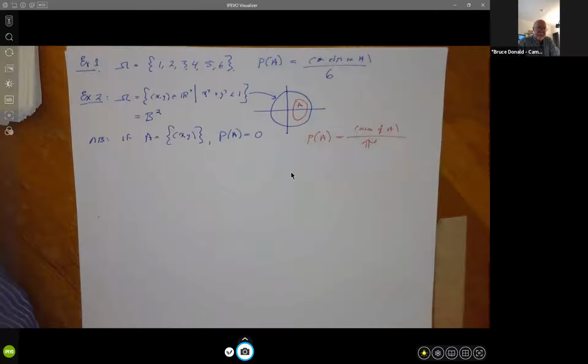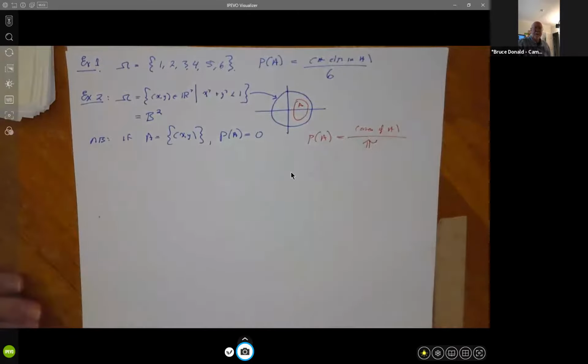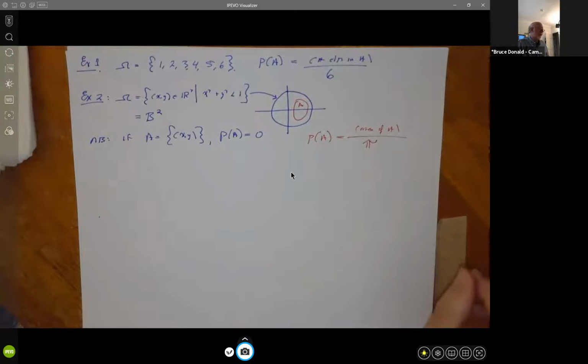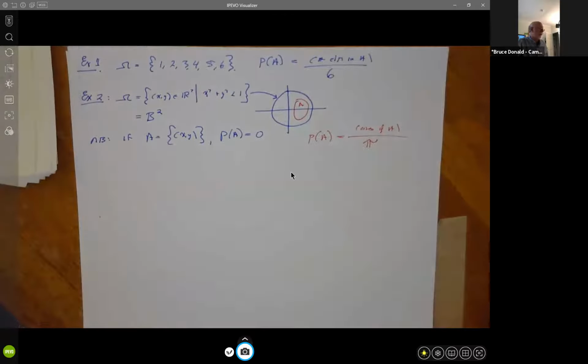And Cantor, the great mathematician who also worked on undecidability, showed that there's a special family of sets called the Cantor sets, and you cannot define the area or probability of those in a way that makes this work. So it's only certain sets, and you'll learn about these in a later math class. But we're going to exclude those for our purposes. They don't come up practically in engineering, for example. The sets that I give you and that you'll make will be ones that have area and you can assign probabilities to. And there's nothing wrong with looking at an outcome, it just will have probability 0, because there's no chance that you'll exactly hit any particular point on the dartboard.